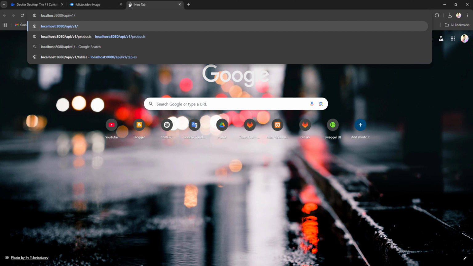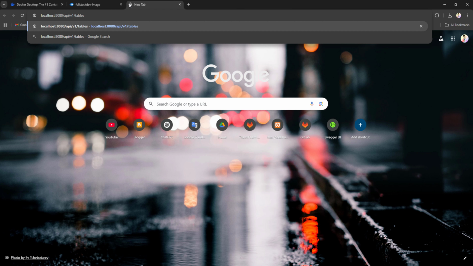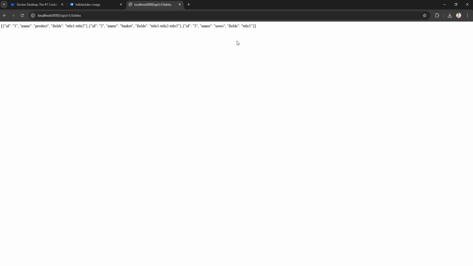:8080/API/v1 and /tables with S. Okay, enter, and you see the API returns a JSON format with some items with the content like this. Okay, so that's it for deploying the local server, the local backend app, which you can use